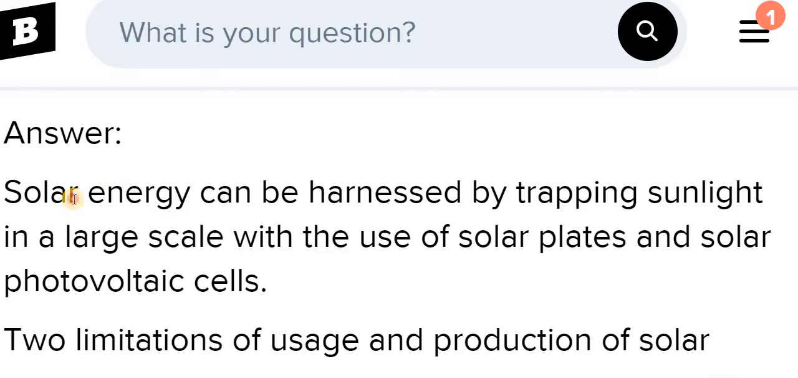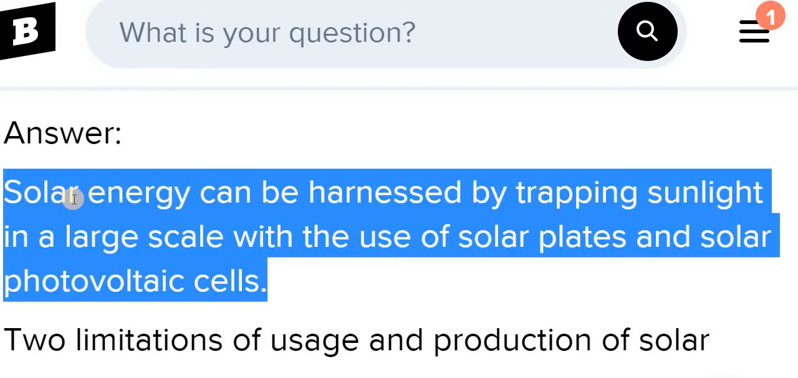Let's see the answer. The solar energy can be harnessed by the trapping of sunlight on a large scale with the use of solar plates and the solar photovoltaic cell. Here you can also draw the figure of how we can harness the solar energy: the silicon plate is attached to the battery, and by this battery the solar energy is converted into chemical energy, and